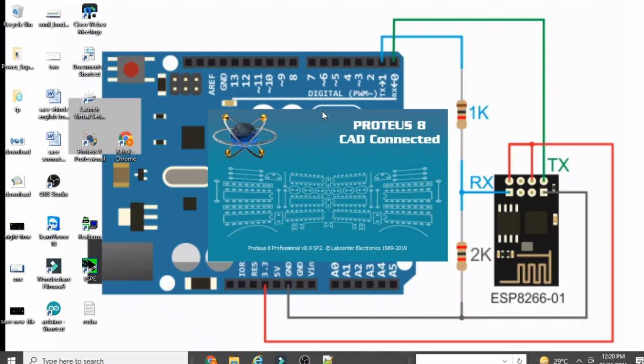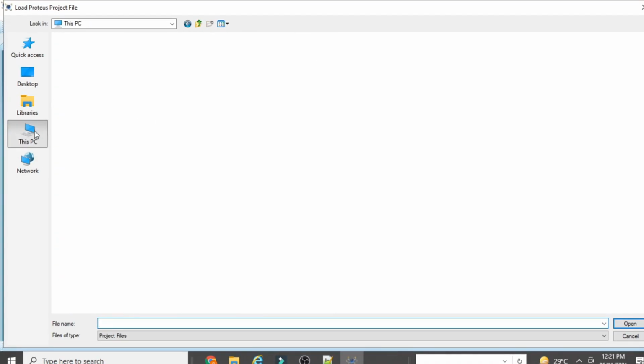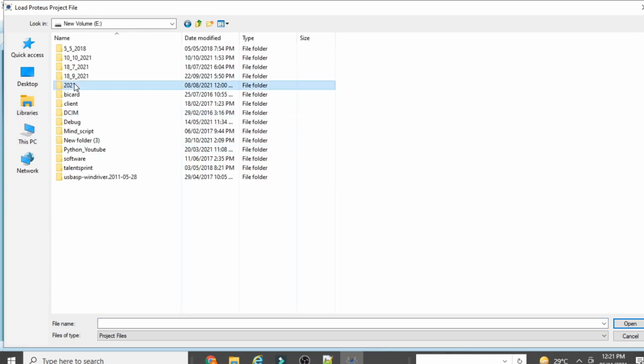Now we will see how you can run my ready-made project if you download it from my Google Drive link. First you have to go to the Proteus 8.9 software, click on run as administrator, then click on yes button, then go to open project, then go to the downloaded folder from my Google Drive link.